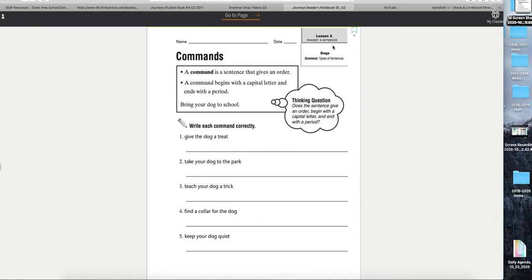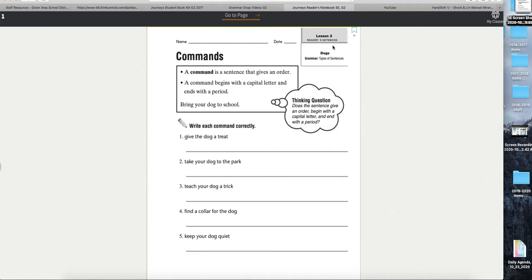We'll zoom around, check us out here. Friends at home, just hold it up when you're done. I'll check yours out too. Okay, I really need you to start working on this one now. Don't waste time erasing. Work on this one now. Take your dog to the park. Nice job. Good finger spaces. Nice work.